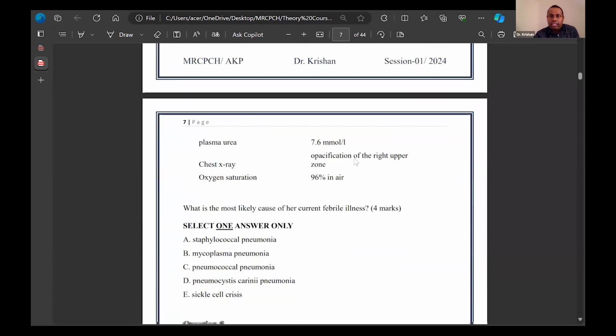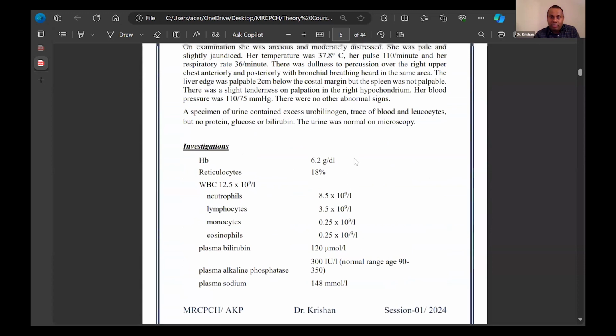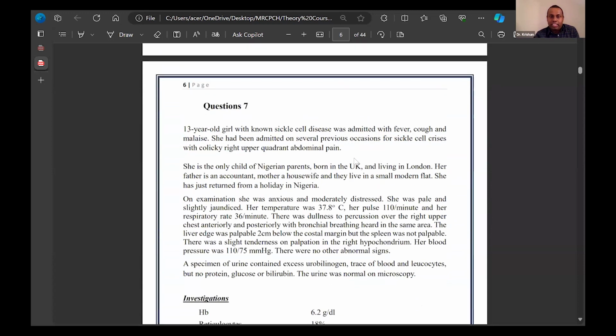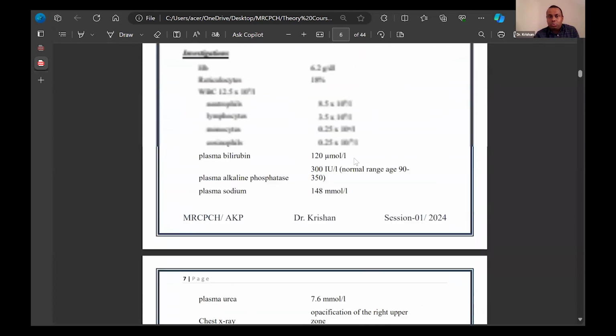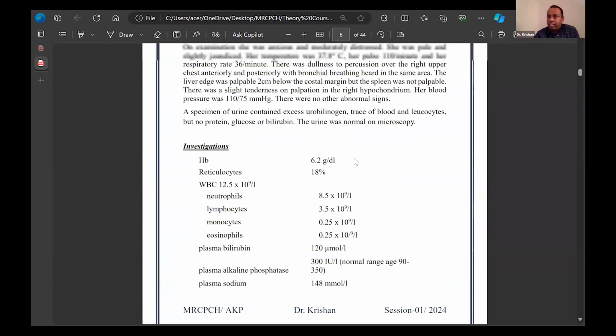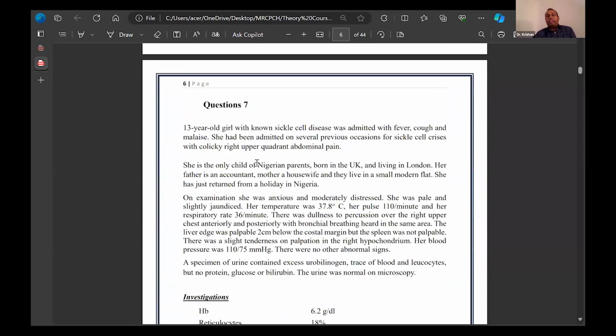Right. Next question. You see the length of the question. It goes on from page number 6 to page number 7. This is where the time management matters. A 13 year old girl with sickle cell disease was admitted with fever,